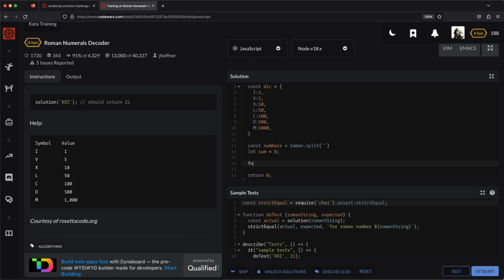So I would say for i from 0 until i is less than the length of the numbers, for each of these letters that exist here,